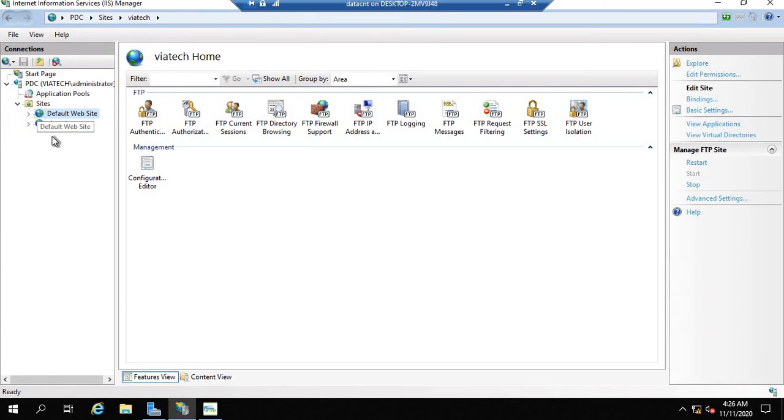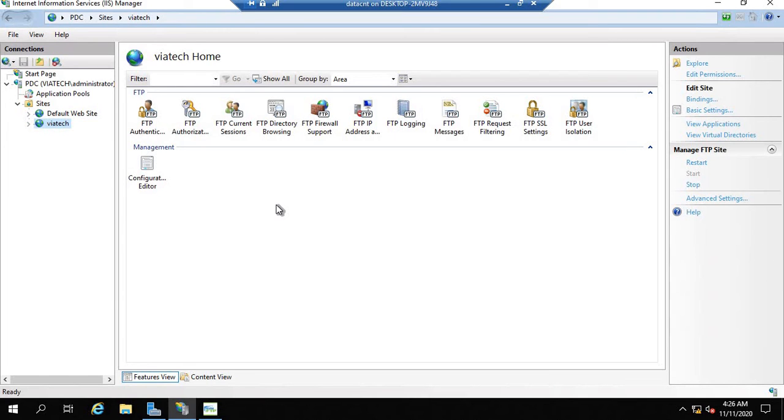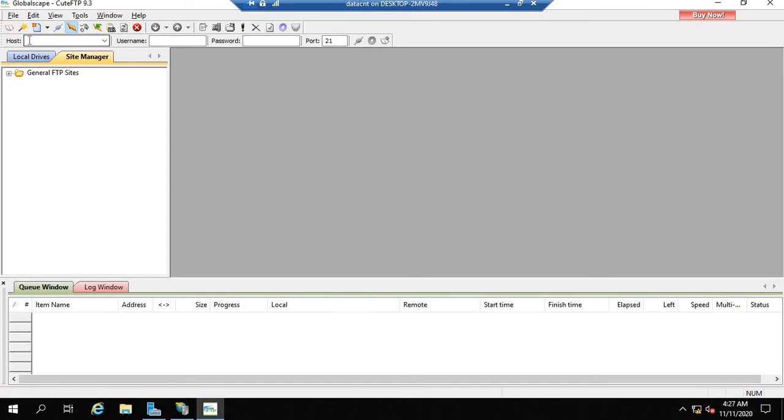So last time we hosted one FTP server here, if you remember. If you have missed that video, please first go through it so that it is in sequence and it will be easy for you to understand. Today we are going to see some of the features that the system administrator must know about management of the FTP server. So over here, I'm going to dial my FTP server